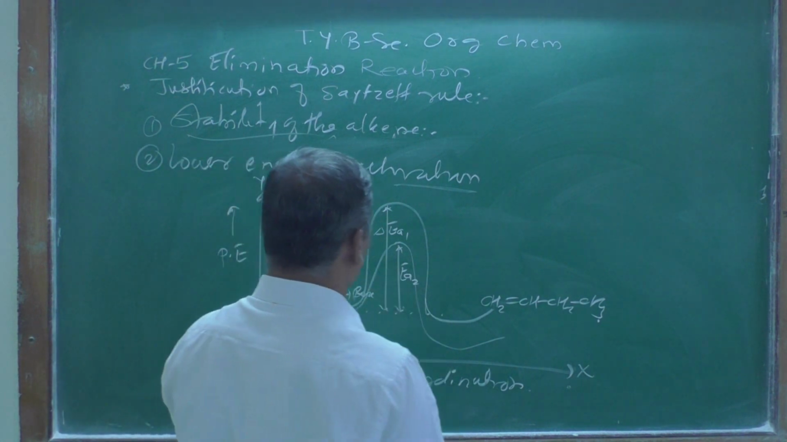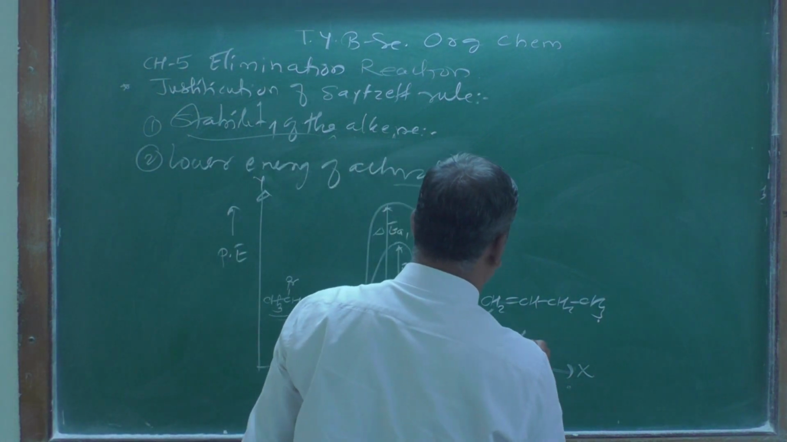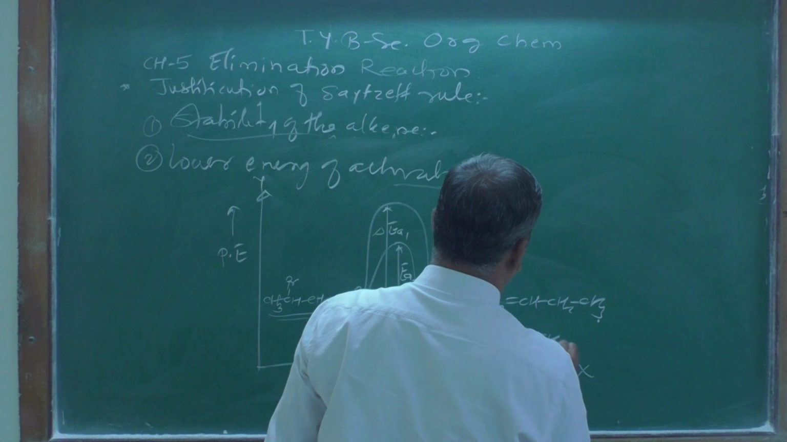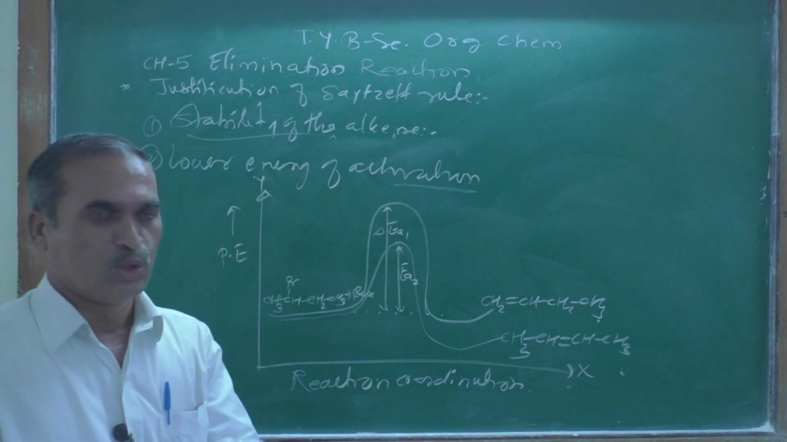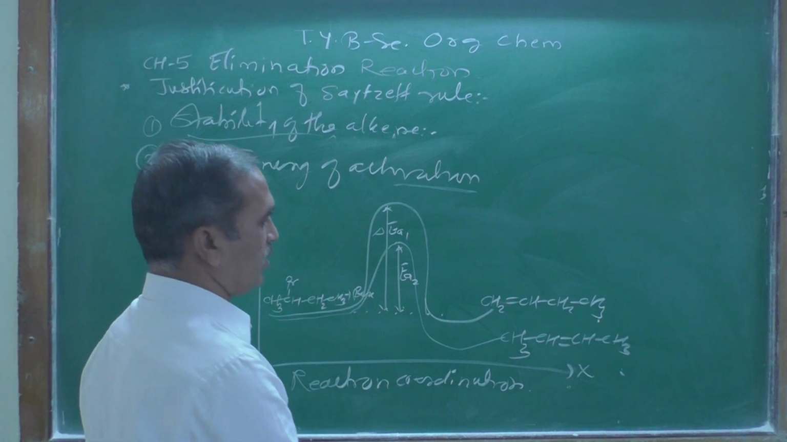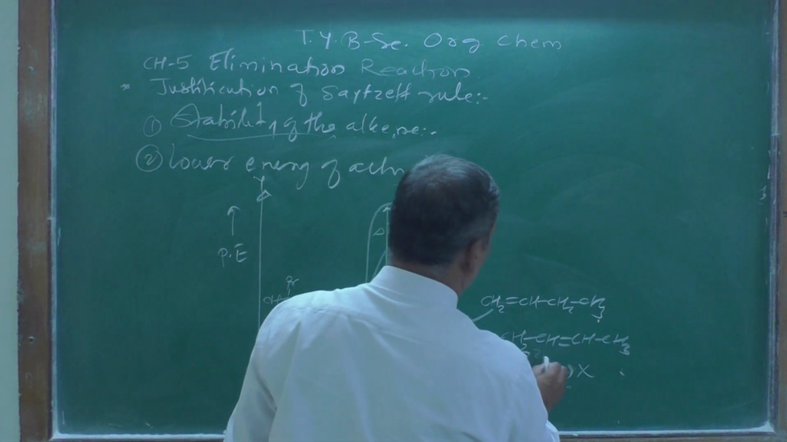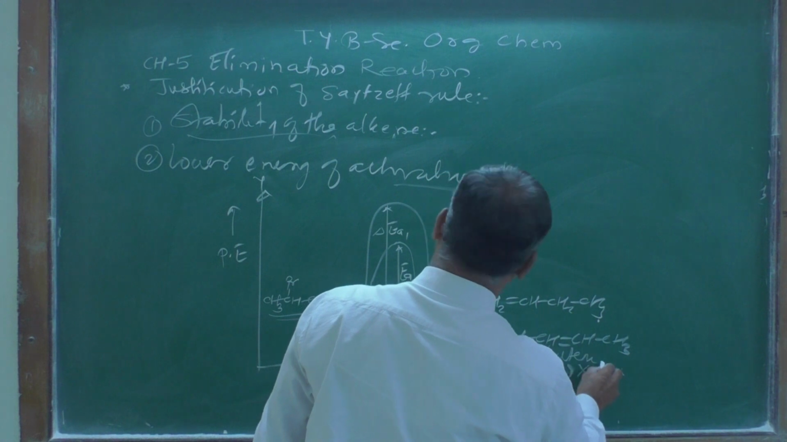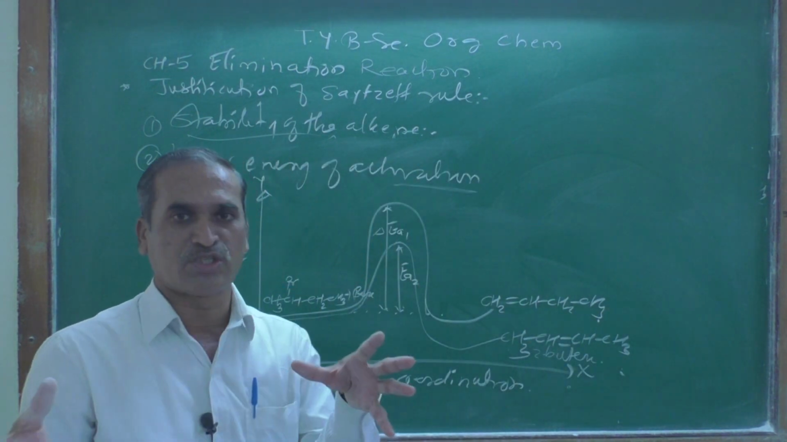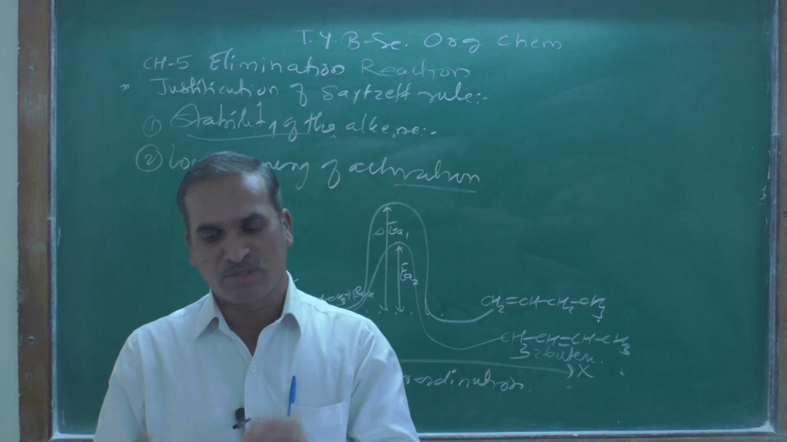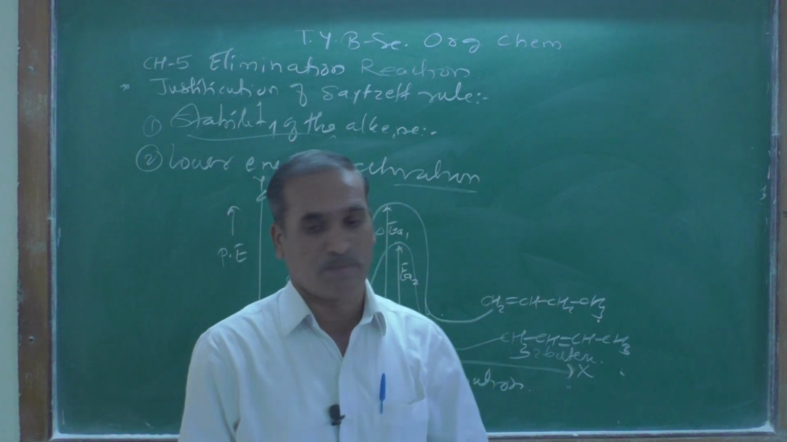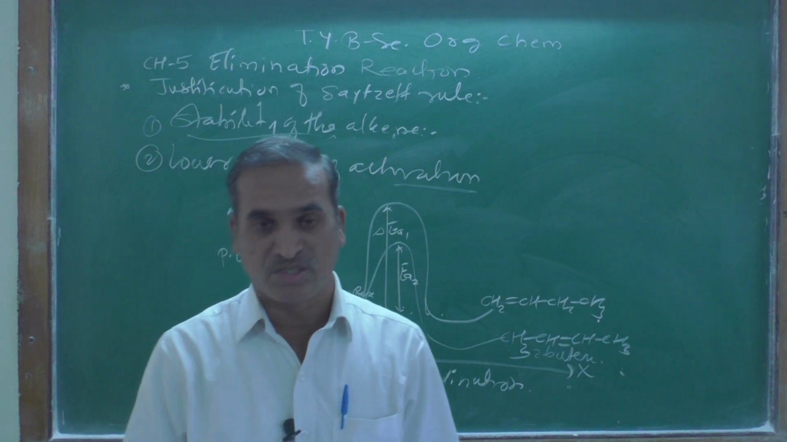When the formation of 2-butene takes place here, CH3, then CH double bond CH, CH3, 2-butene. Look at this reaction carefully. What do you see? This is 2-butene. The energy of activation is very low, meaning that the formation of the transition state is very fast as compared to the above one, and therefore due to this reason